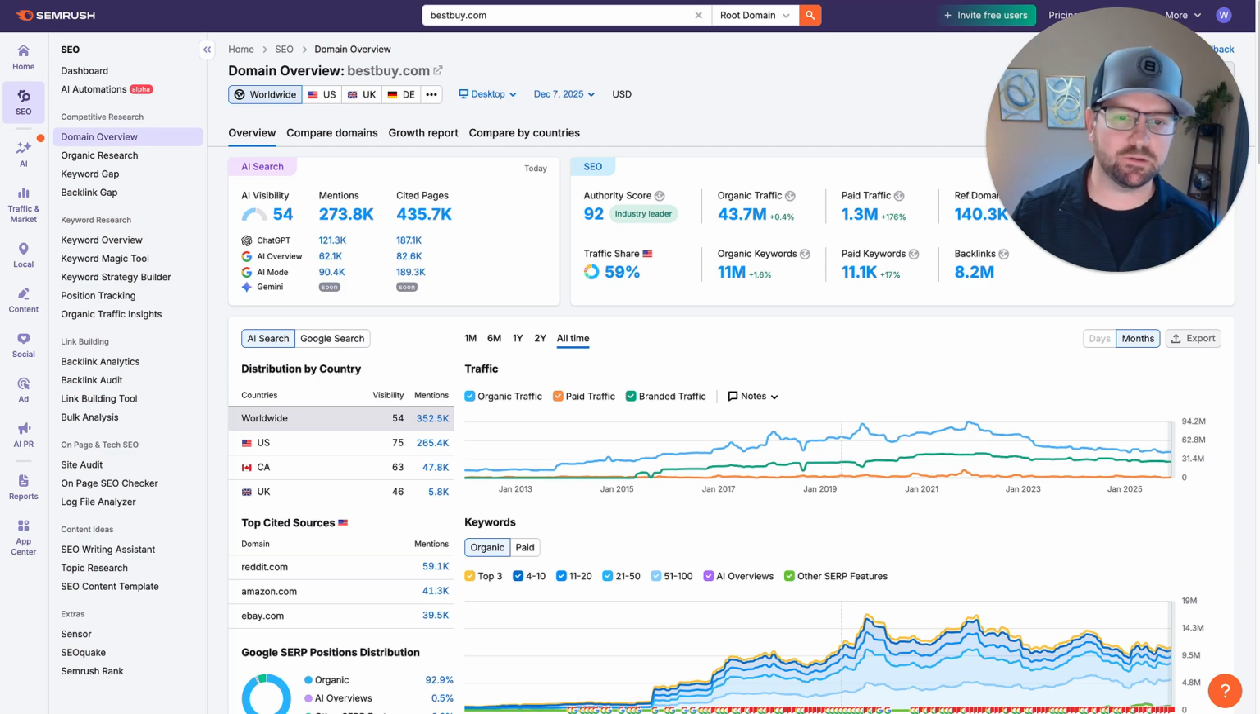Today, I want to share with you some of the best filters that we use to find backlink opportunities using